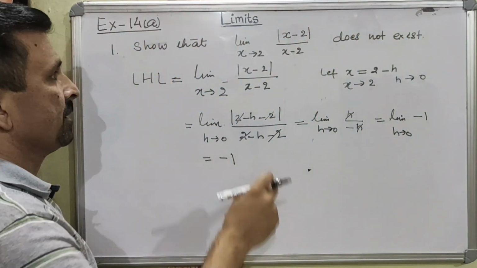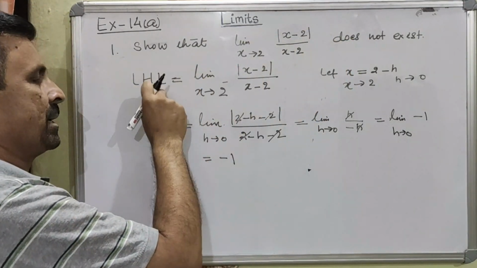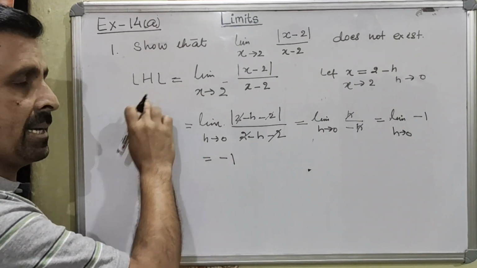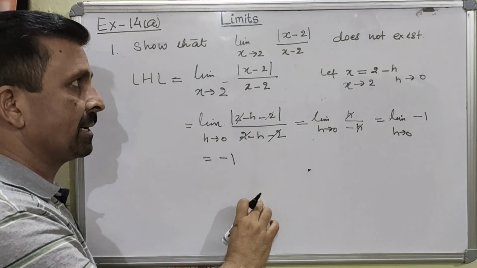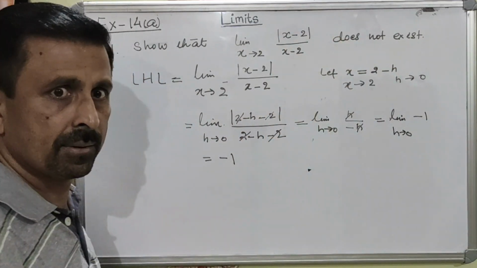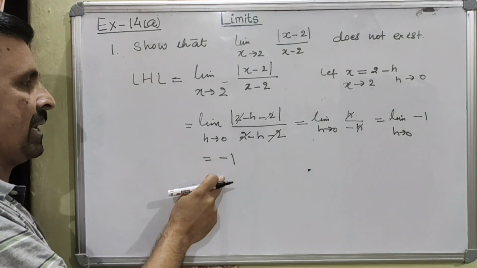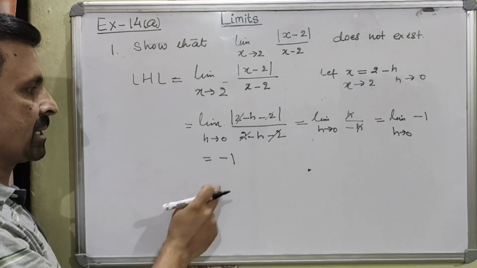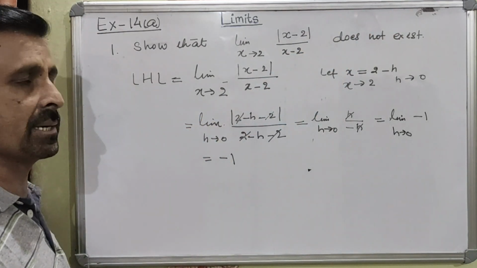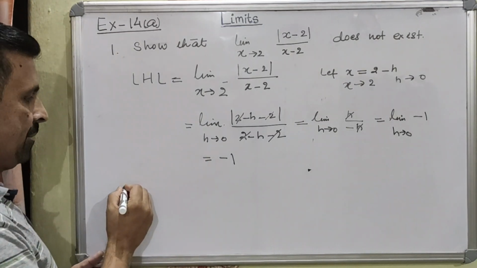The meaning of this is, if the limit does not exist, then the left hand limit will be different from the right hand limit. If the value of the left hand limit is different from the value of the right hand limit, then we can say that the limit does not exist. Is it okay? So let us see whether the limit exists or not. Here we have calculated this value. If the value of the right hand limit comes different from this one, then this statement will become true, because then we will say that the limit does not exist. Clear? So let us now calculate the right hand limit.